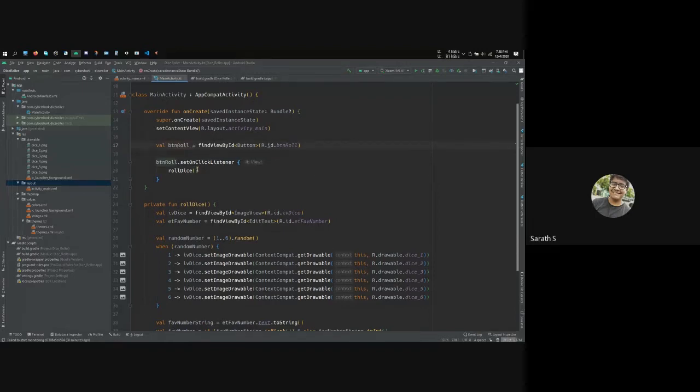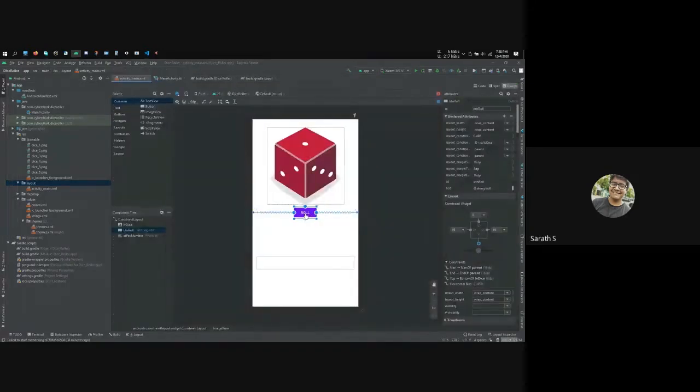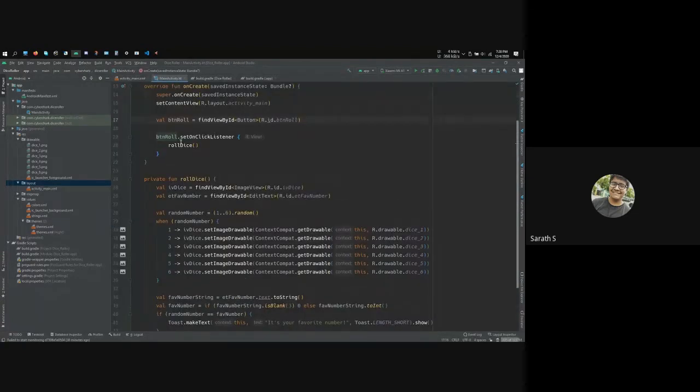Now what we want to do is set that whenever we click on this button, the dice is rolled, right? The function available here is called setOnClickListener. As it says, when we click on it, we want this operation to happen. So it listens for when the user clicks on the button.